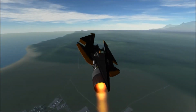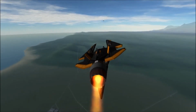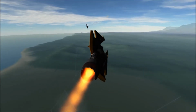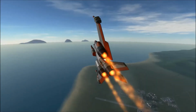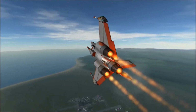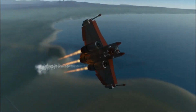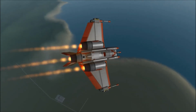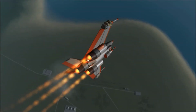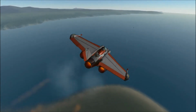Another advantage I think the Lightning has over the Hellblade is that as long as it can generate power, it won't run out of ammunition. What kind of shot was that? Wasn't even anywhere close. Yeah, so far I haven't seen the Lightning lose control once. There he is. See what they do. I think if a Lightning pilot could lure a Hellblade into pulling some high-G maneuvers and then stalling out, if he can swing around before the Hellblade can correct itself, then I think the Lightning could actually deal with the